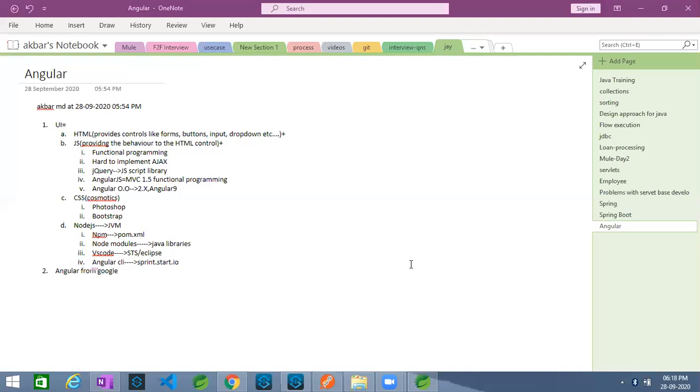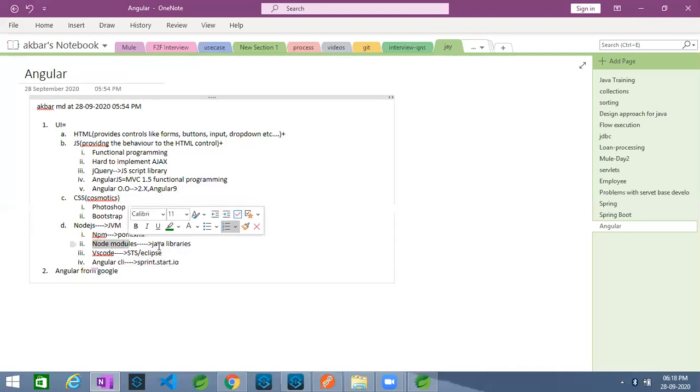It doesn't matter whether it is Java or .NET or C Sharp or Python. Probably examples might sound better. The same concepts we learned in Java, I am comparing: this is equivalent to this one, Node.js equals JVM, node modules are equivalent to Java libraries, this IDE is equivalent to this IDE. I try to compare everything, apple to apple.